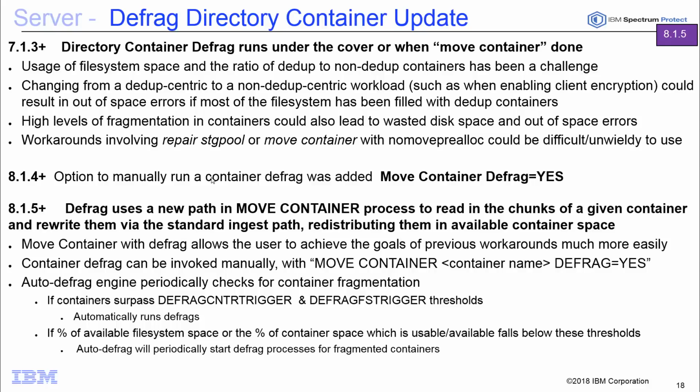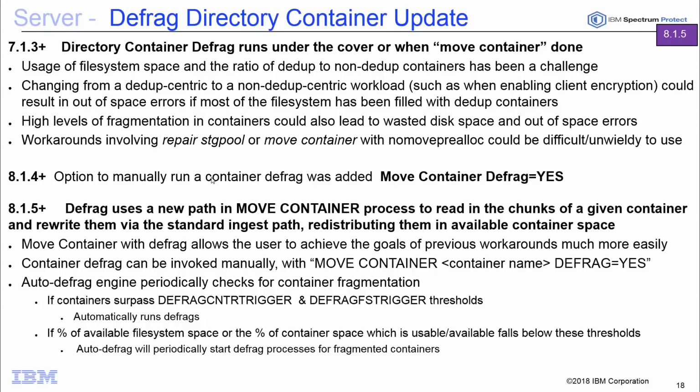Well, if you had a major change in the amount of dedupe-centric versus non-dedupe-centric workload, for instance, if you started backing up data that had been encrypted and you had a large uptick of that type of data going into the non-deduped containers, you would see that you were getting an out-of-space condition on the directory container storage pool. Yet if you went and looked out there, there was still space available. And what was happening is that, for instance, we were using up all of the space that was allocated to the non-dedupe containers. And so even though there was space left in the dedupe container section, we weren't able to